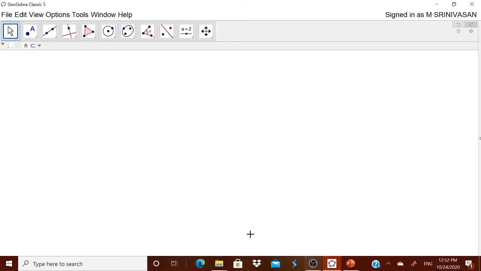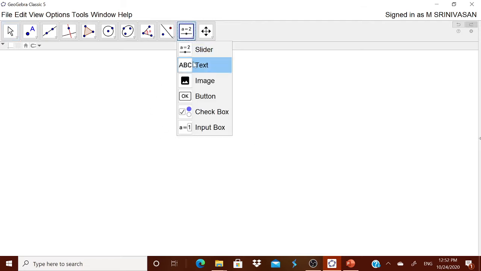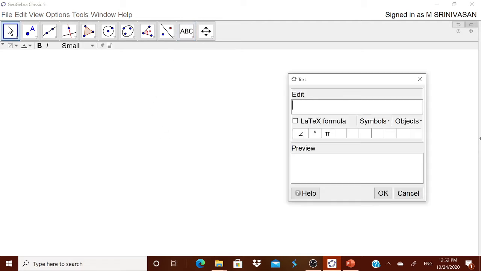For that, I have opened a GeoGebra worksheet and I have selected geometry over here. Let me start by selecting the text, "properties of equilateral triangle".